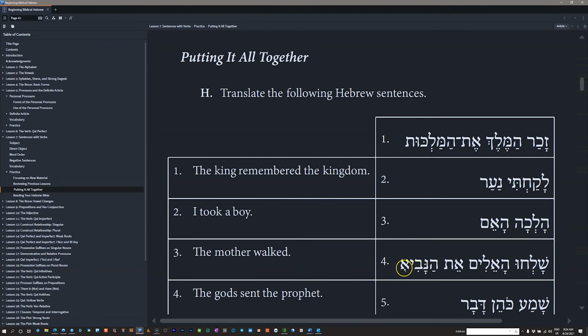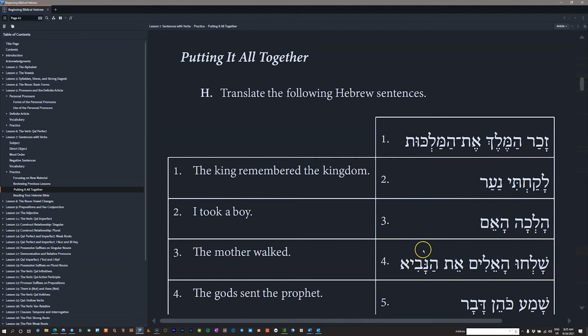Is navi a word that we've learned? Navi is the word for prophet. So this word means the prophet, and it also is a noun, masculine singular. But we already know its function is direct object because et precedes it. So we can also put as sort of our fact-finding data that this is not only the prophet,